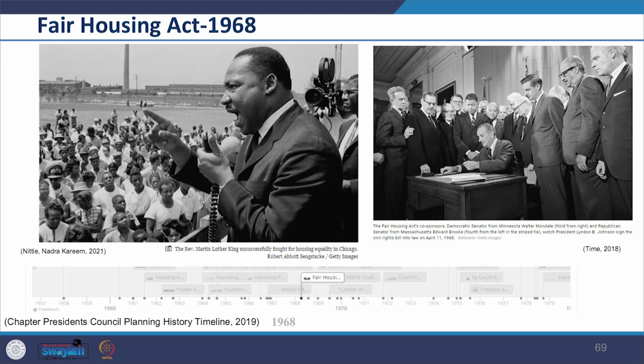The act was heavily and contentiously debated in Congress, but President Johnson put pressure on the legislators to pass it after the assassination of Martin Luther King Jr. Although the Fair Housing Act and other initiatives helped reduce racial segregation in communities slightly over the following decades, many studies continue to show heavy segregation even now.